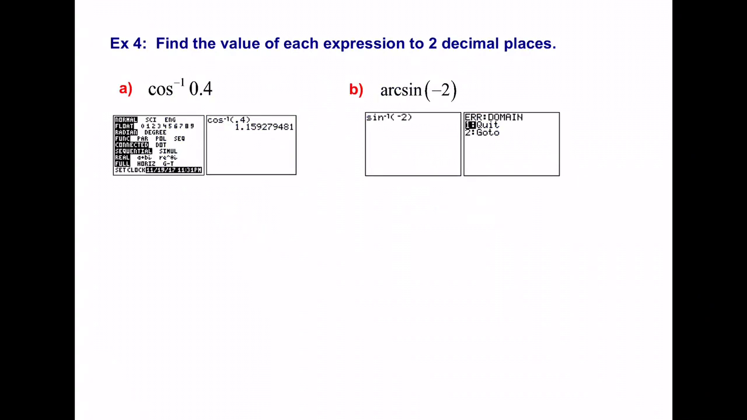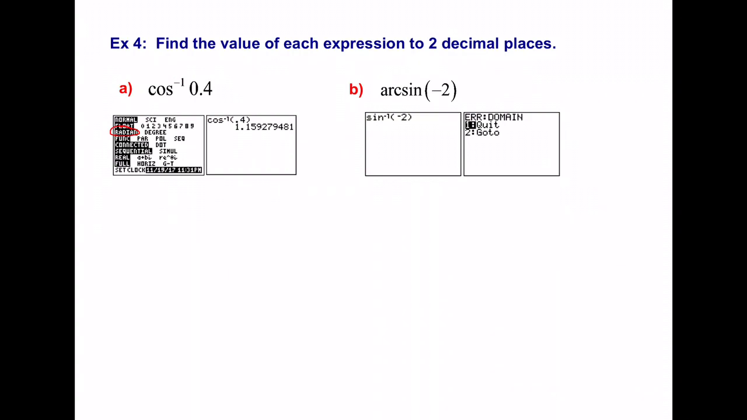Alright, let's look at some calculator questions. Find the value of each expression to 2 decimal places. We're going to do inverse of cosine of 0.4. So think about this. You have the ratio, you're looking for the angle. First thing you need to do is make sure that your calculator is in radians, so you can see right there that I'm in radians, and then we're just going to plug in inverse cosine. Make sure you press second cosine, so it's inverse. You'll see the negative 1 there. Inverse cosine of 0.4, and you get